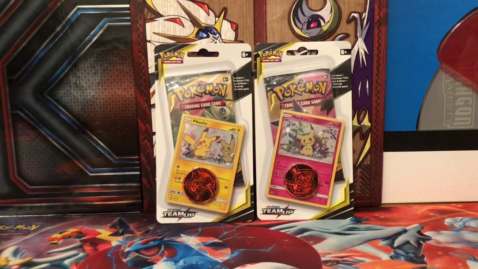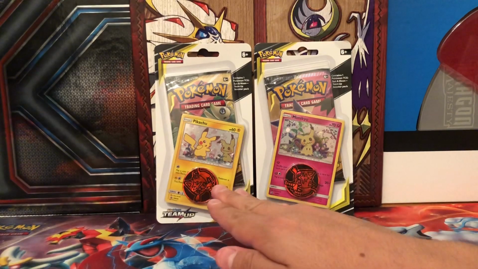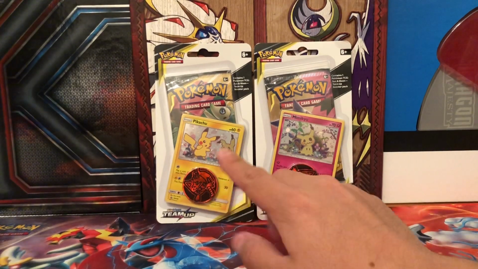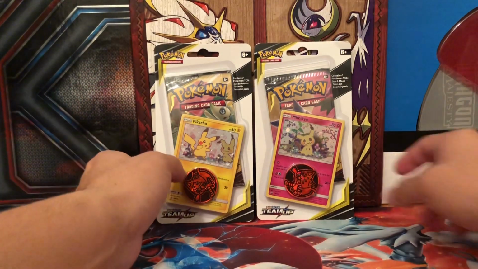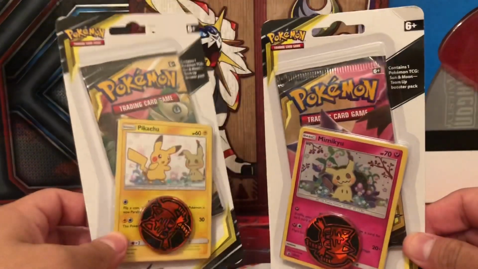Welcome back, guys. So these one pack blisters, there's something going on with the team up versions of them. Now, these are the usual one pack blisters that you normally see. I'm going to talk about the plot twist later on after I'm done opening up these packs. So if you already know what's happening with these team up one pack blisters, don't spoil it for anybody else,